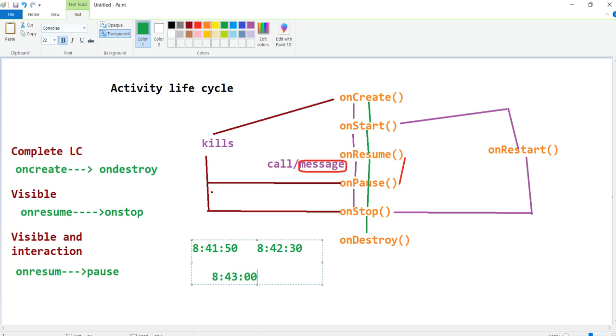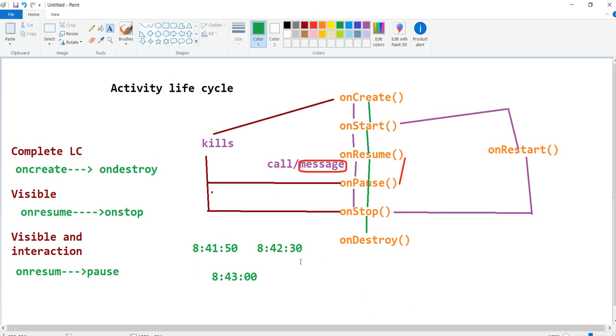What is the state of each activity? Obviously, the activity that started latest will be in the resume state, and the earlier one will be in onStop. You can always remember this: the latest activity started should be in the resume state.